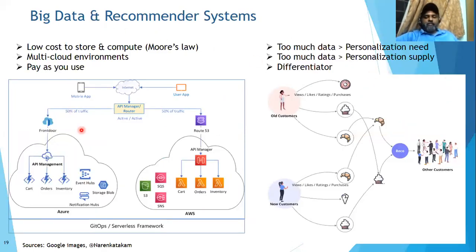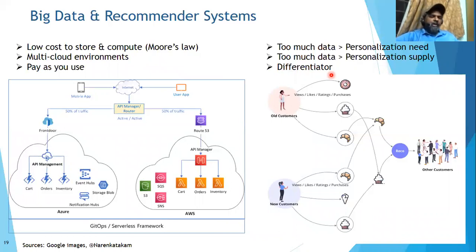On the left is big data. As more data gets produced, the cost of storing it and processing it is also getting cheaper. Environments such as cloud environments get stood up, where we can do pay per use. Because there is a lot of information, as consumers, we also crave personalization because there's too much to consume. So the need for personalization is high on the one hand. The ability to personalize is also higher because of the richness of data. And in a lot of industries, this creates a big differentiator for one company versus another, the ability to differentiate through personalization.